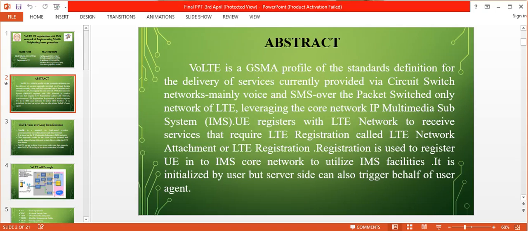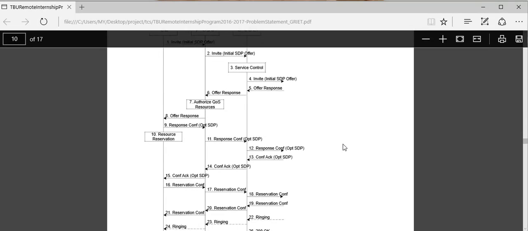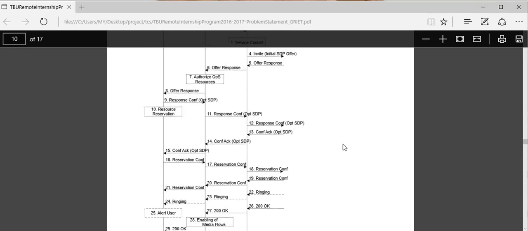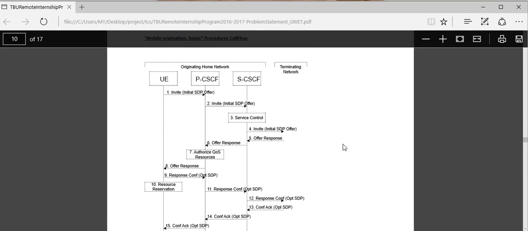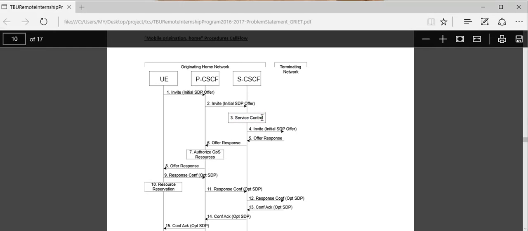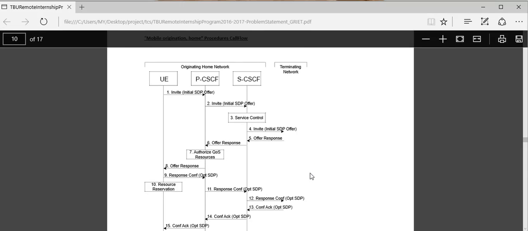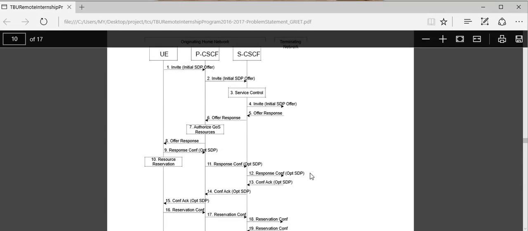These are the user equipment, proxy call session control function, and serving call session control function. We will be using SDP packets to transfer all these setup details to n number of modules. In the originating home network, we will be sending the SIP parameters for taking permissions and granting permissions. For that, we need both client and server. Here, UE always acts as a client, SCSCF acts as a server, and depending on the condition, PCSCF acts as